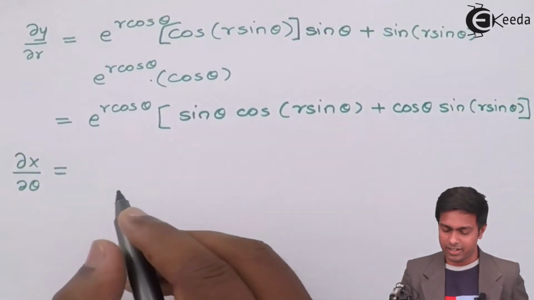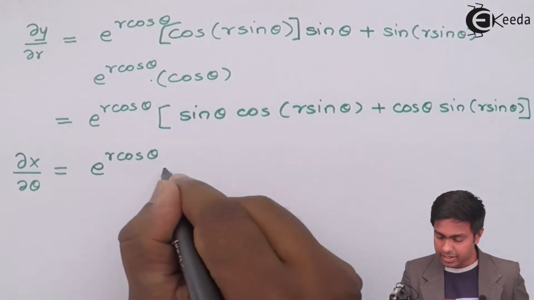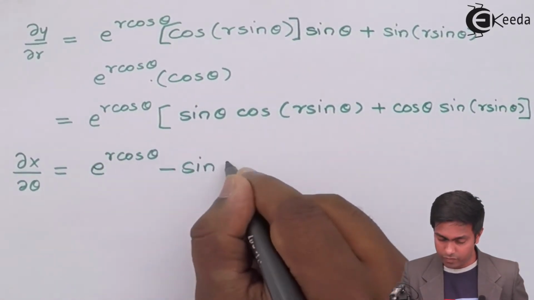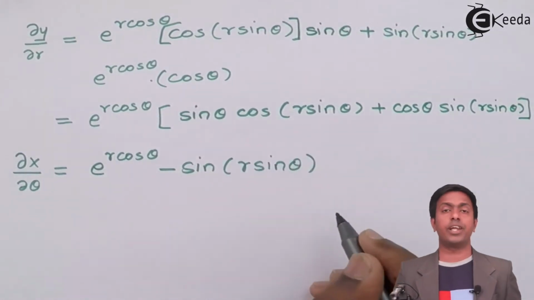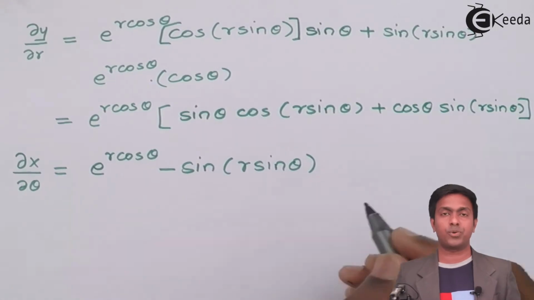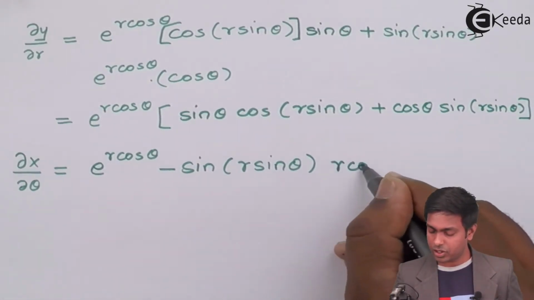So we will get e to the power r cos theta as it is, negative sin of r sin theta into the derivative of r sin theta with respect to theta. So r will remain as it is, and sin theta will give us cos theta,